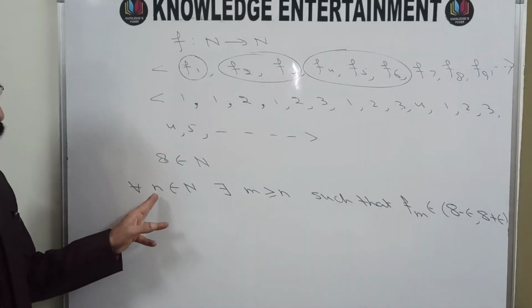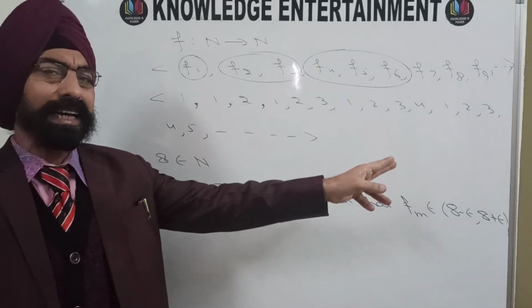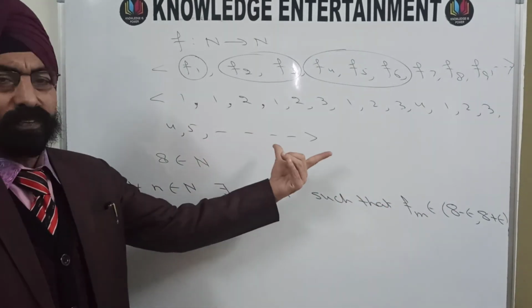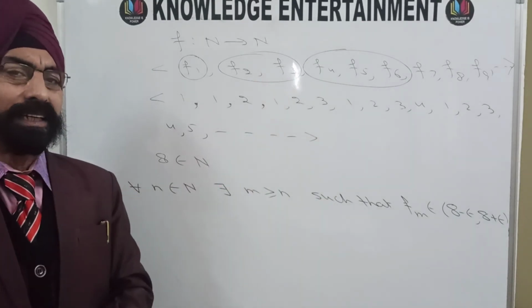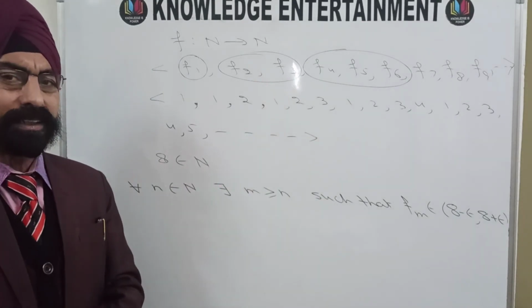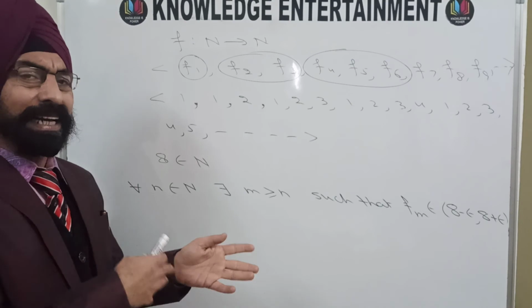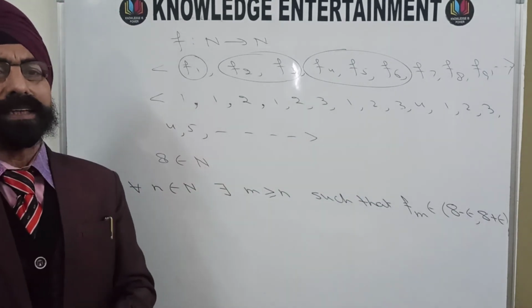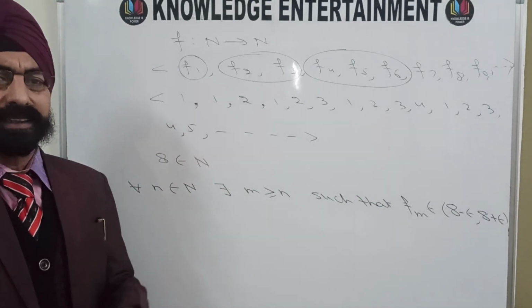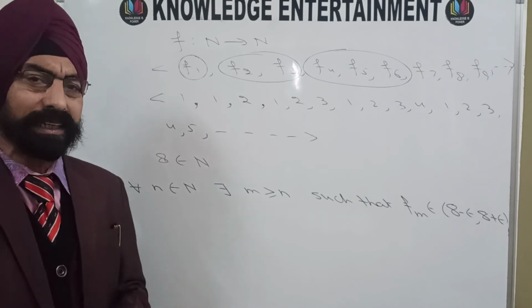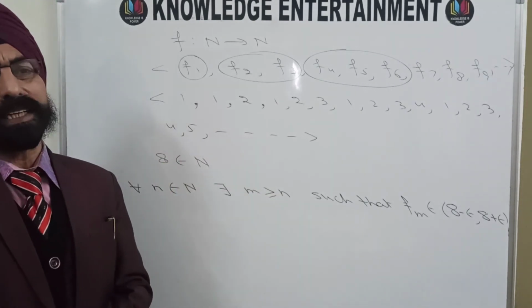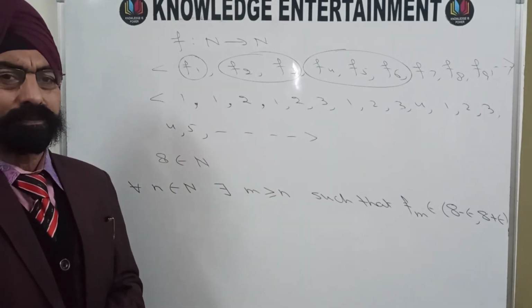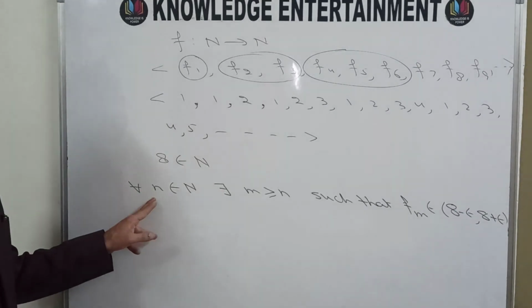So 8 is also a natural number. So 8 will again be in the 8th set. You will have the number 8 the first time, and then you will have 8 in every following set. In the 9th set, in the 10th set, in the 11th set, in the 12th set, in every subsequent set you will have 8 as a member. So whatever natural number you take,